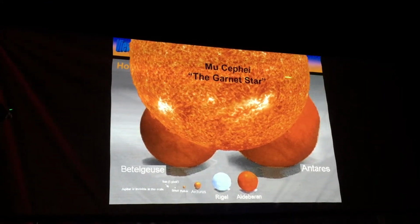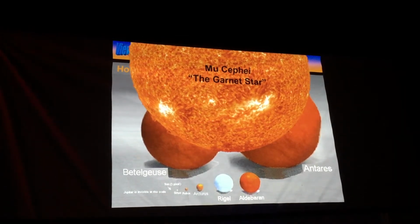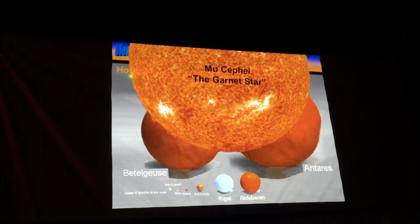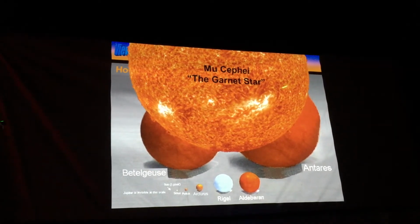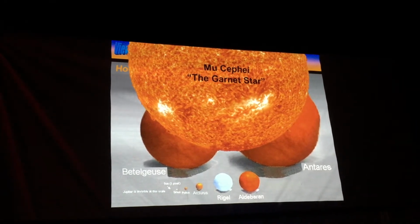And it's huge. The star's physical diameter would be about the same size as Saturn's orbital diameter. Are you with me? So that would mean that Saturn, in its great big orbit, would be about the same size as this entire star. Jupiter would always be orbiting inside the star, you know, Mars, Earth, Venus, Mercury, Sun, all inside the body of